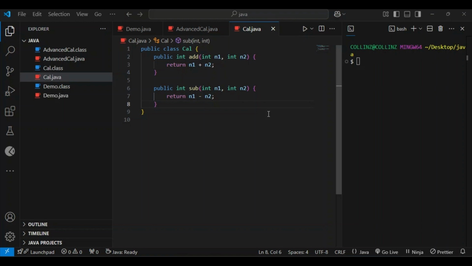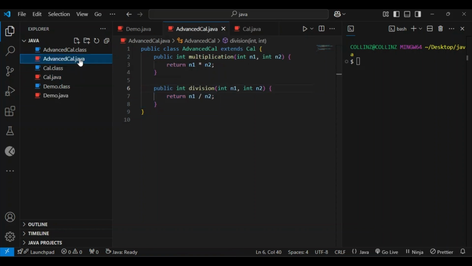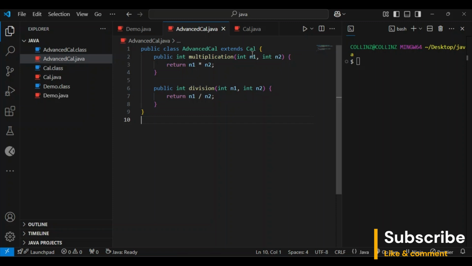So just a brief recap, in the single level inheritance, we had our parent class, which was our normal calculator, having two methods, the addition method and the subtraction method. We created an advanced calculator which was inheriting attributes from the parent class, which was the calculator. But our advanced calculator had multiplication and division methods. Meaning, in this case, after our advanced calculator inherited attributes of our normal calculator, our parent calculator, it had